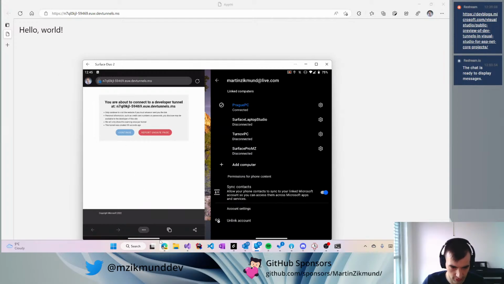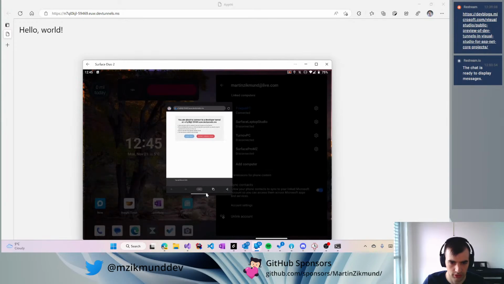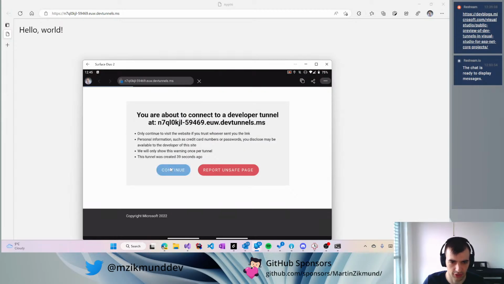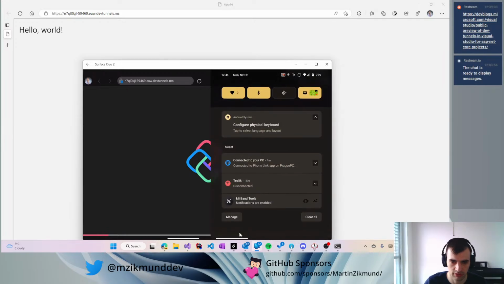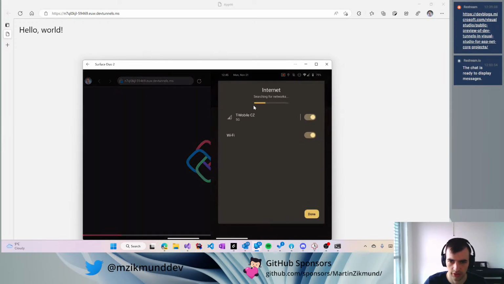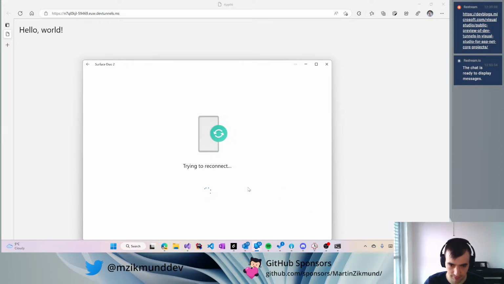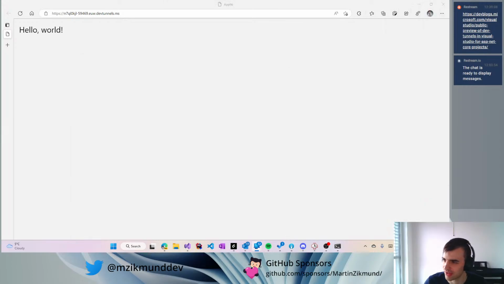And here's my Surface Duo running, and you can see that if I click continue, even though the device is connected, well, actually I can do it even better by connecting via mobile network. So you can see it doesn't depend on, oh right, I need to have Wi-Fi connected, because otherwise I won't see the screen. But I could be connected via mobile network and it would still allow me to